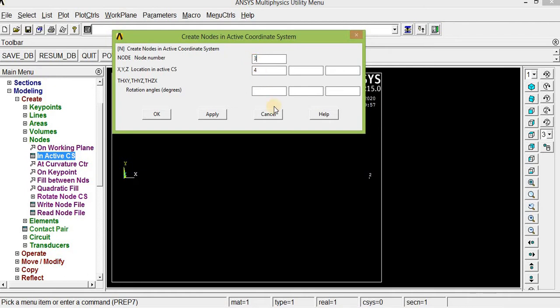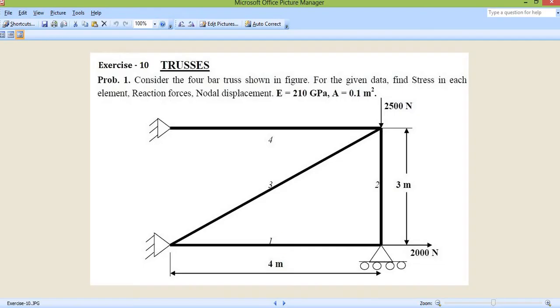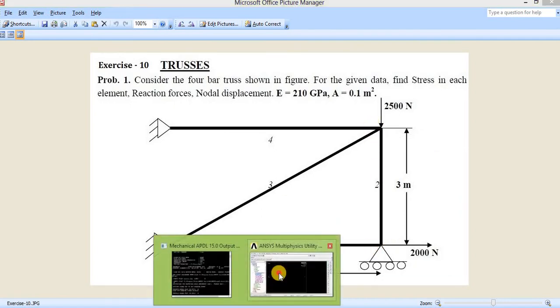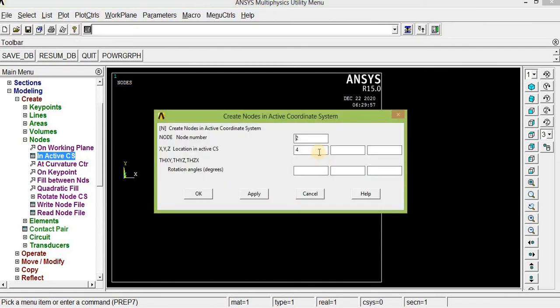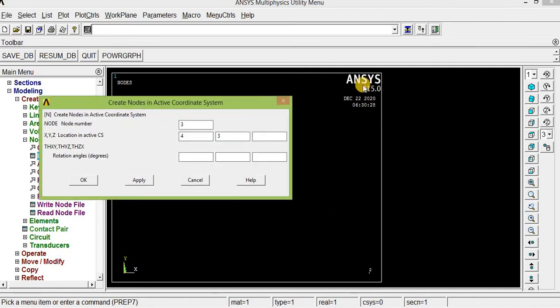Then node number 3 should be here, which means x can be 4 and y can be 3. So in active CS, node number 3, x can be 4 and y should be 3. Click OK or apply. So now you can see node number 3 is assigned.